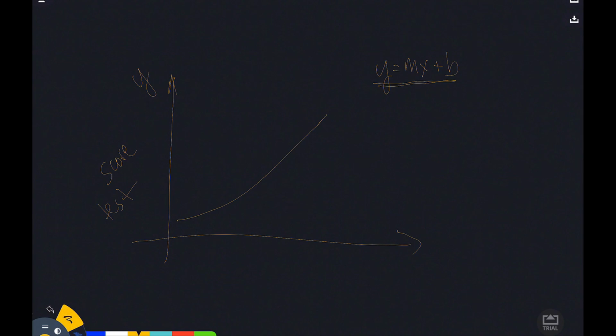It's how much of x plus some starting point b, right? And what that says is if I can figure out the graph equation of this y equals mx plus b, I can then determine and predict someone's score if I know the x value of this term. That x value would be, let's say, the aggregate